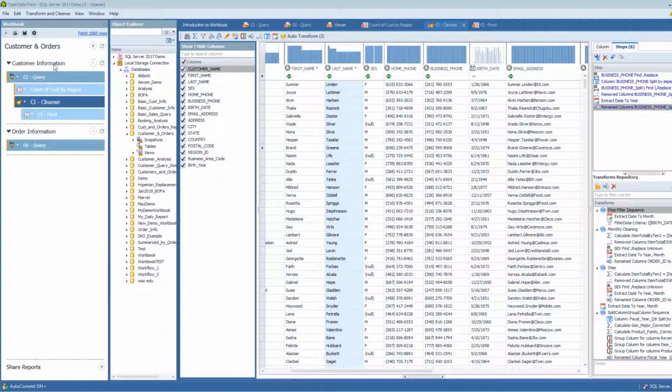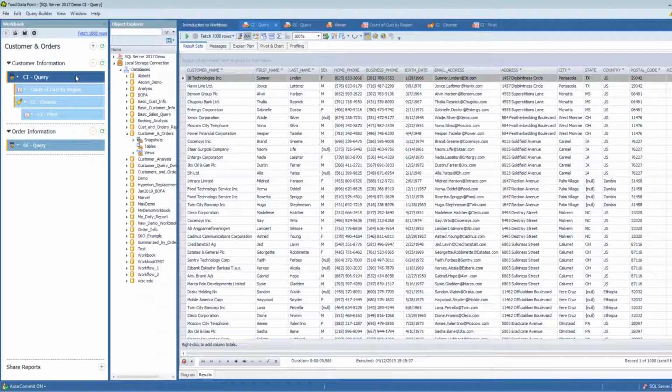Okay, let's start with our first workflow. In order to combine data within a workbook into a new workflow, one of the things you're going to have to do is settle on the output of the data that you want to combine. Looking at this customer information, I've got a couple of decisions to make.